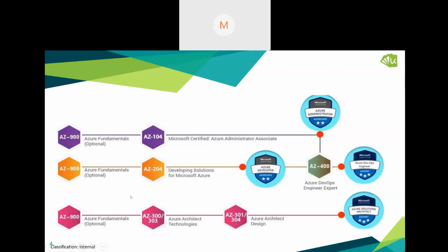But if you come with the Azure development background, then AZ-900, which is fundamentals, anyway, we'll be covering in this particular course. Once you are aware of all the different Azure services, you can appear for Developing Solutions for Microsoft Azure. So if you are currently in your company or organization having development experience on Java, .NET, ASP, or creating web services, then